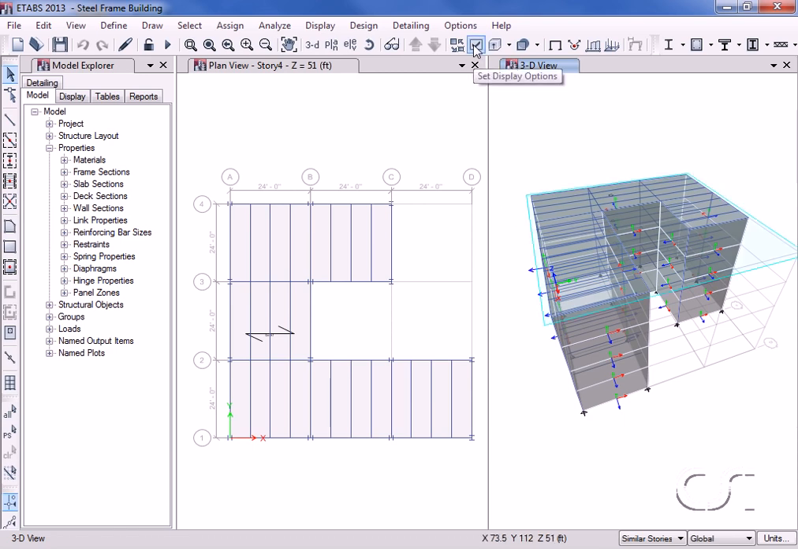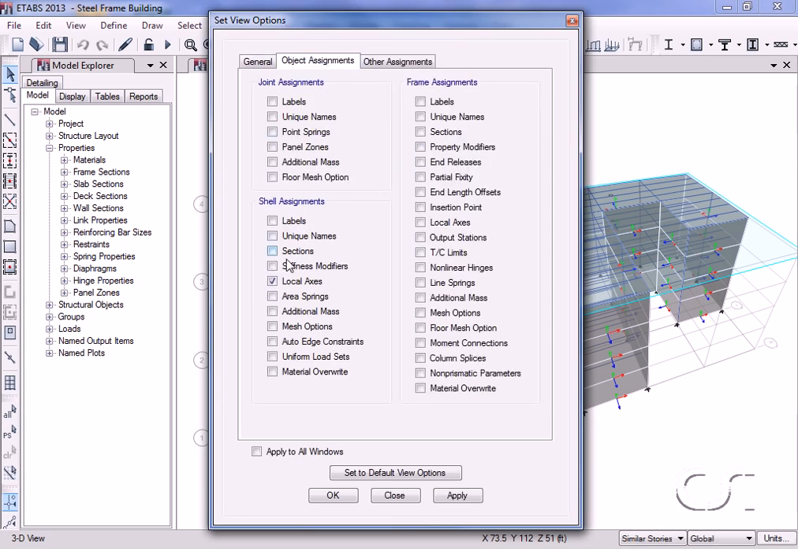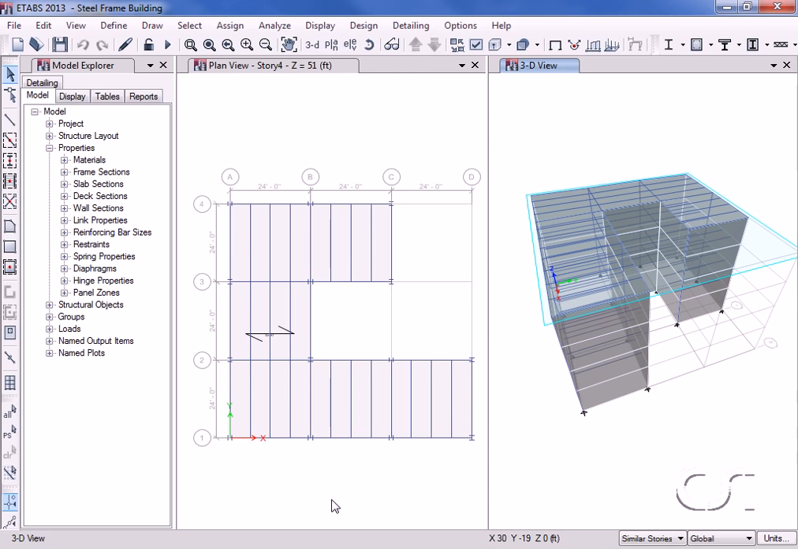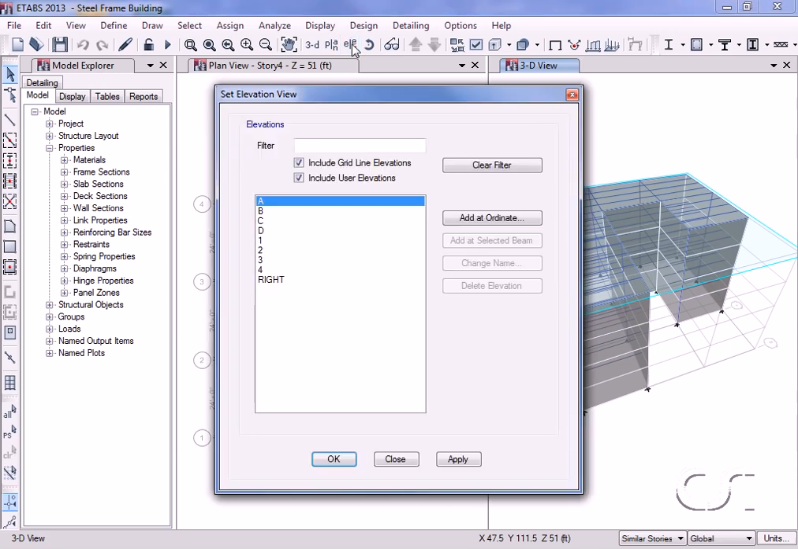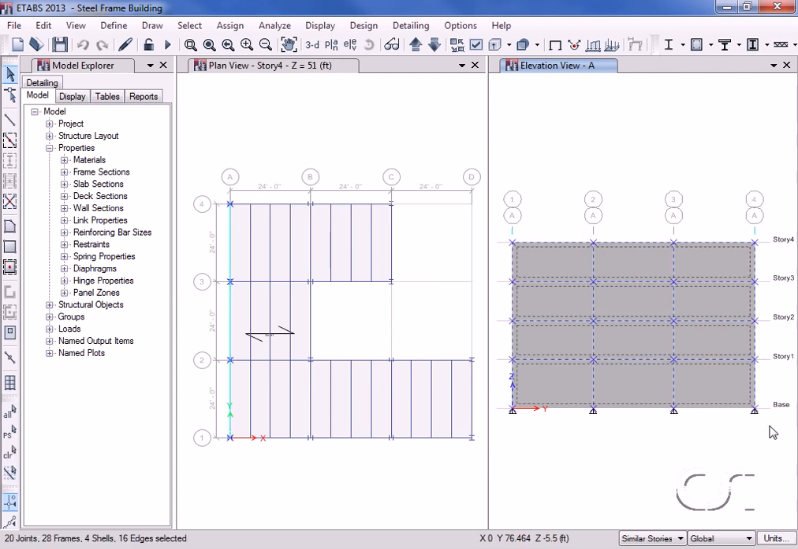Through the Set Display Options command, uncheck the Shell Local Axes checkbox and click OK. With the 3D view active, click on the Elevation View button and select A. Draw a selection box around the entire elevation to select all of the area objects, and click the Assign menu,